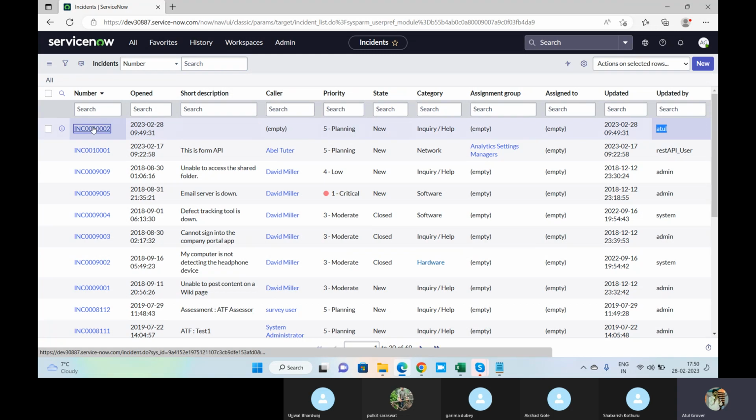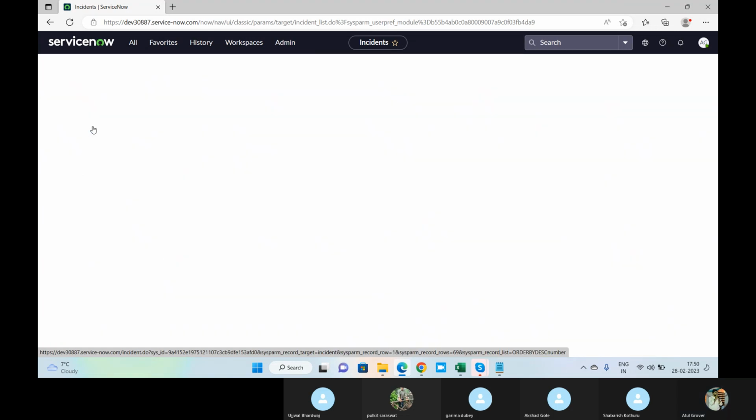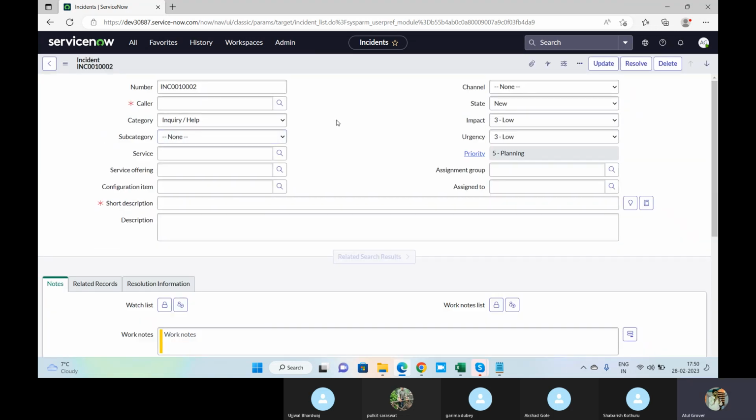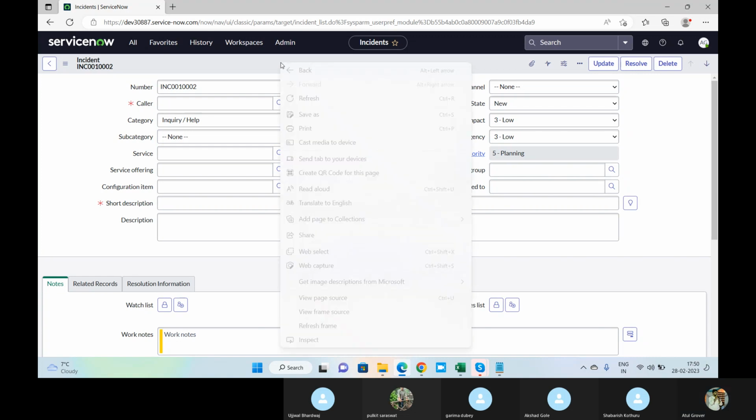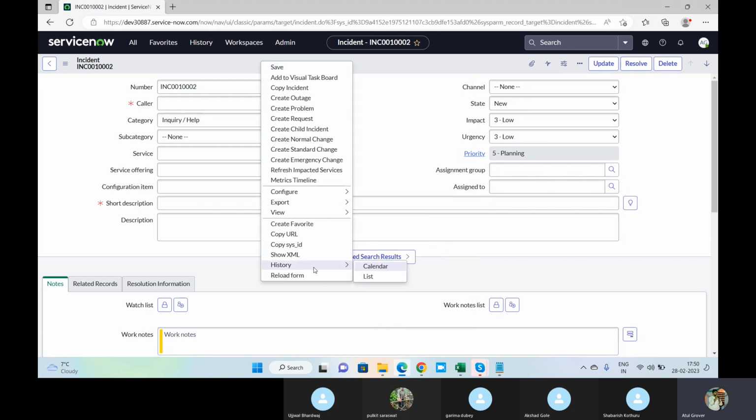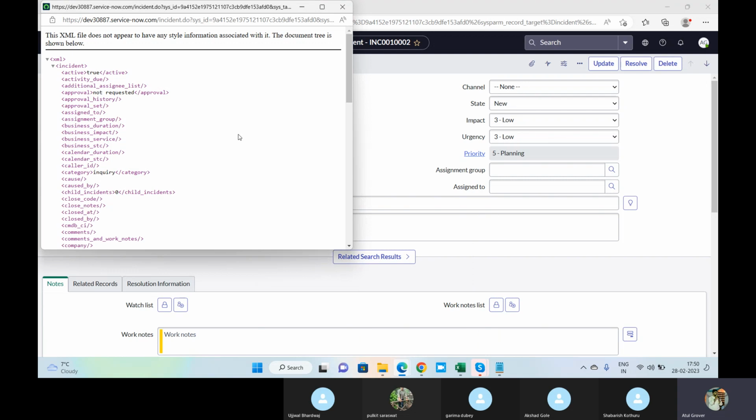Let me show you. Because nothing is there. Show here. No, it's not like this. What table can I say? There are some temporary tables as well.